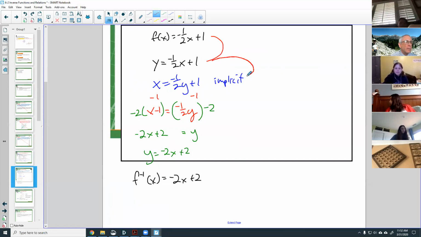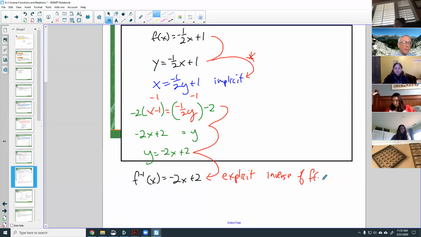I switched the x's and the y's, which is a very important step. And then I started solving for y. And once I got y all by itself, I've done the inverse process, and this is now the explicit inverse